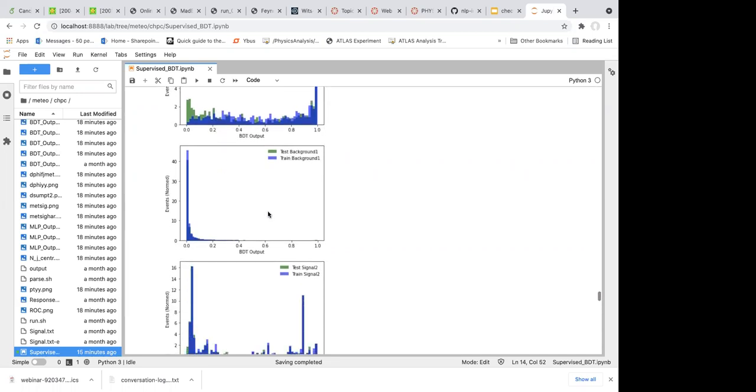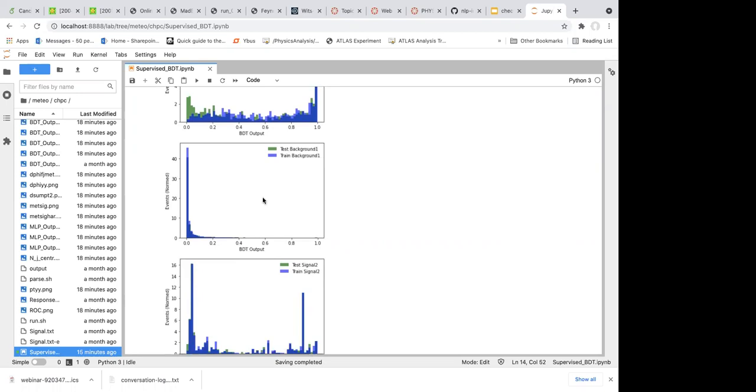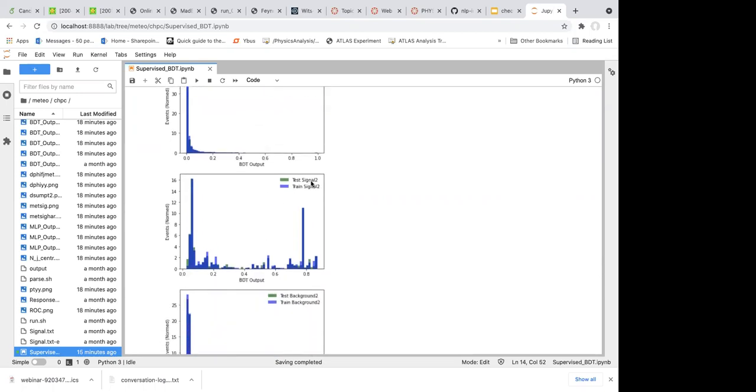Then let's just skip the second figure. We just focus on the signal first. We look at the second method for the signal. For this method, you can see that the green and the blue colors look very identical. Every single bin is almost the same height, except for a few differences. So for the second method, the agreement between the training and test for your signal sample is almost perfect. That means the classifier will treat your training and any new random data set equally.